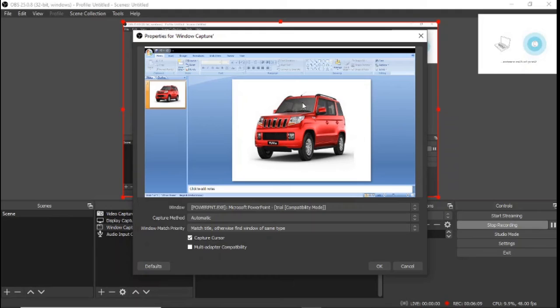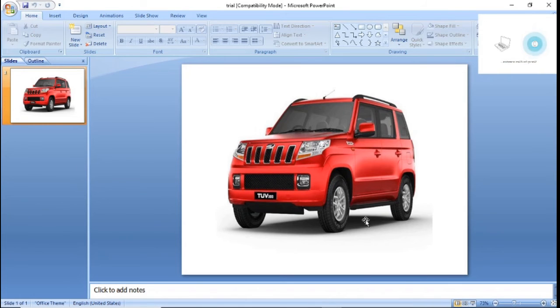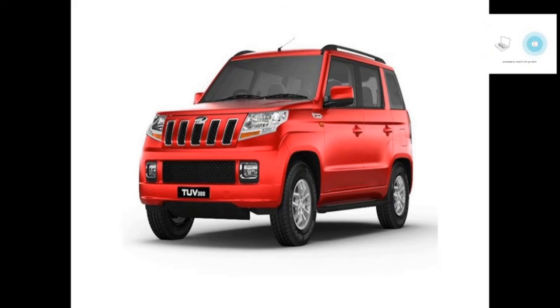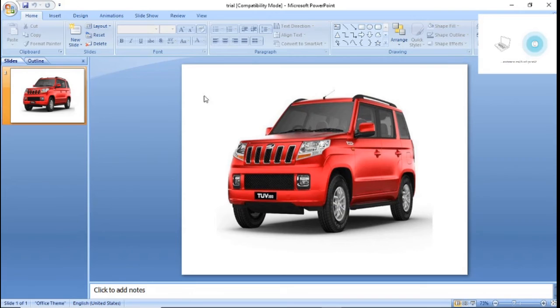So now you see this is visible here, but this is the PowerPoint window. I would like to open a PowerPoint slideshow for recording the lecture, so I go into slideshow mode in PowerPoint. But if you see, these black lines are also visible in your OBS software. So how do we remove those black lines?